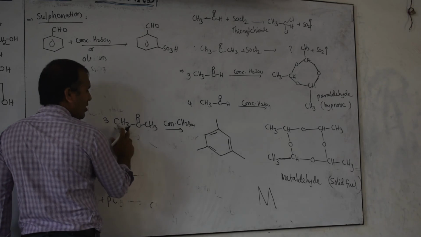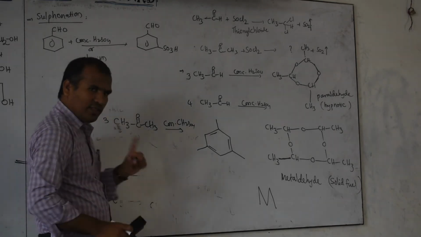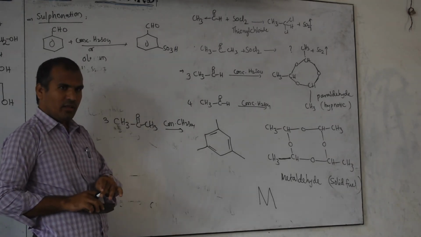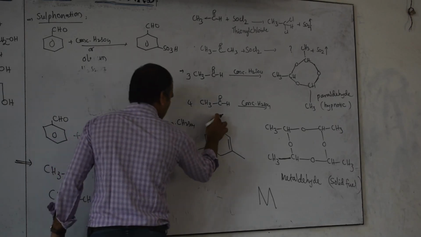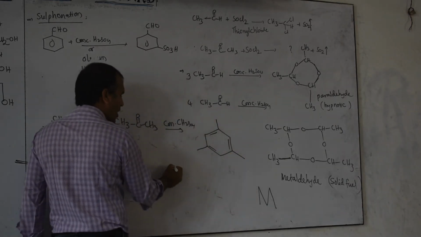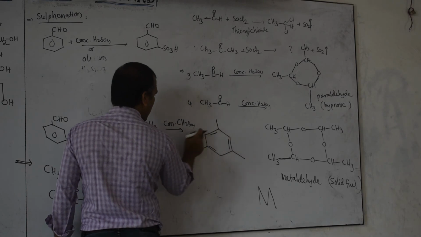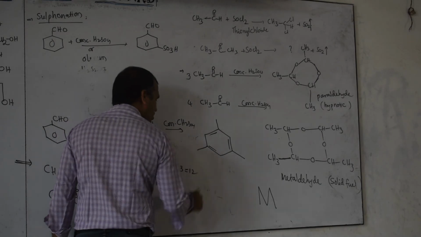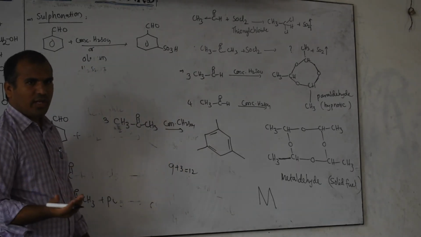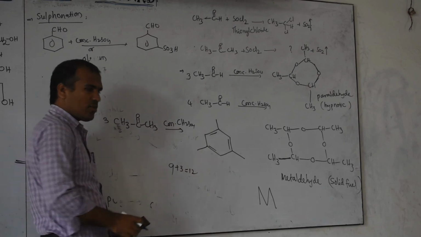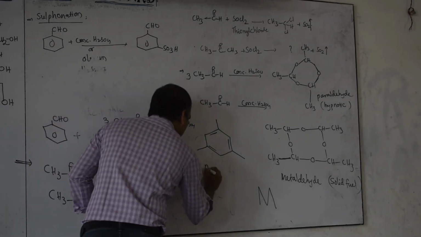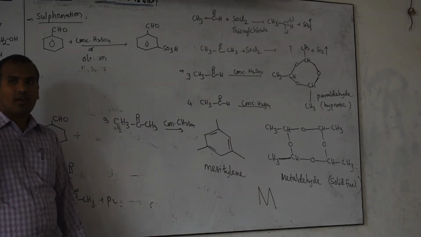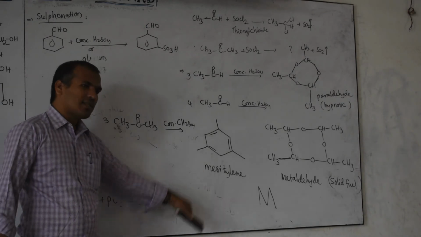So total you can calculate here. How many hydrogens are there? 3 plus 3, 6 for one molecule. For 3 molecules, 3 into 6, how much? 18. But what is present here? Check: here 3, 3, 3, total 9. Here 1, here 1, here 1, total 3. Then 12 is there. The remaining is removed as water molecule. Oxygen is out and hydrogen is also out. This is called mesitylene. Somewhere I gave mesityl oxide. That is mesityl oxide. This is mesitylene.